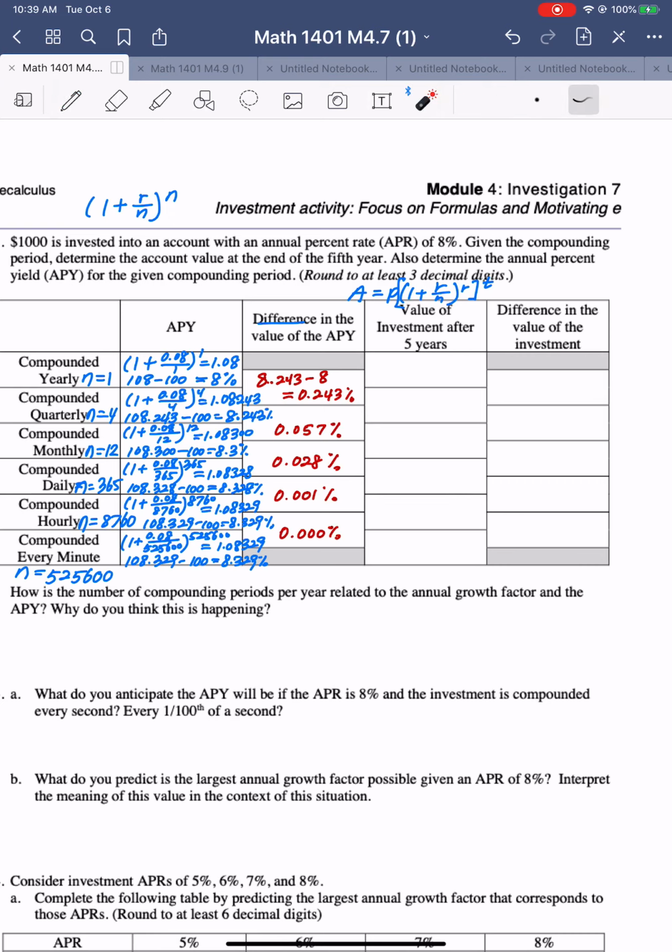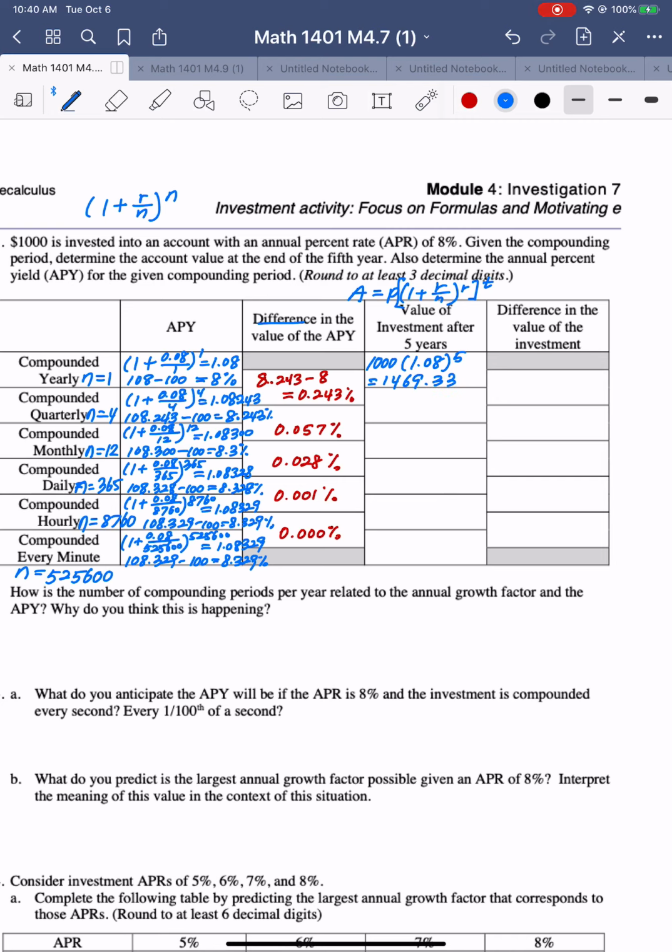We already have the rates here, 8%, 0.08, and 0.08243. So an investment of 1,000 at 1.08 to the 5th power, because 5 years, becomes